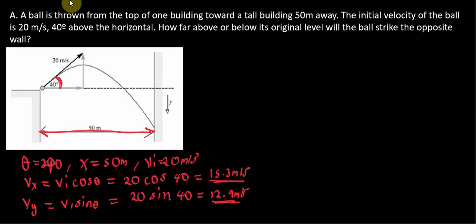Now from there, we need to calculate the time that this object took from where it was thrown up to after striking the other building, which is this side. So how do we do that? Since this is the x-axis, the displacement equals initial velocity times time. What was the displacement? It was 50. It was thrown in the x-axis with what velocity? You get this one, which is